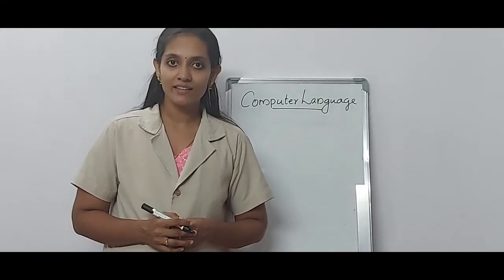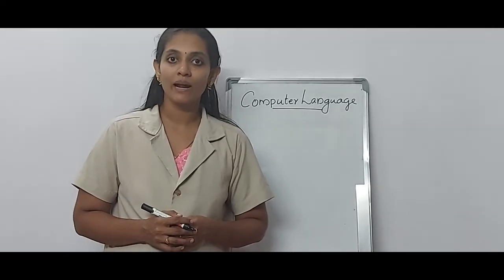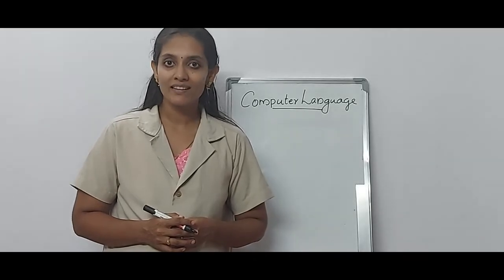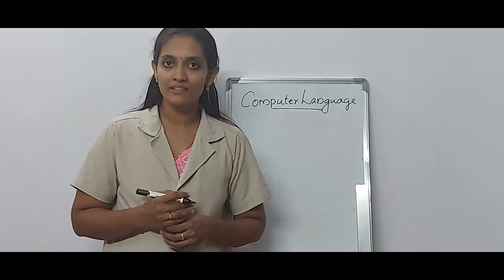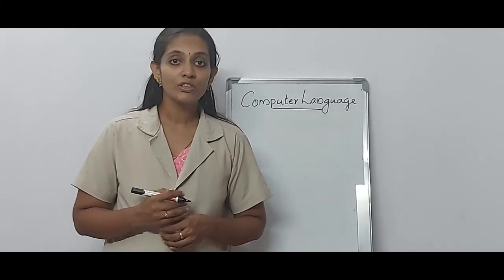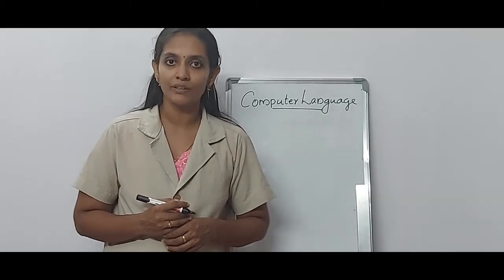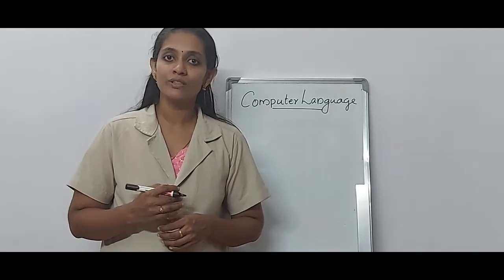Today we are going to discuss continuation of chapter 7, problem solving and programming languages. In the last two classes we have discussed the problem solving techniques, that is about algorithm and flowchart. Algorithm means it is a set of instructions in sequential order to solve a problem. Flowchart is the diagrammatic or graphical representation of an algorithm. And then we learn how to draw a flowchart using an algorithm.